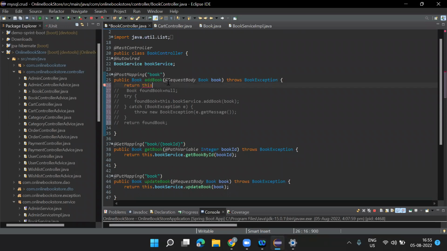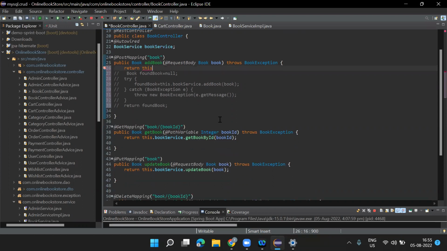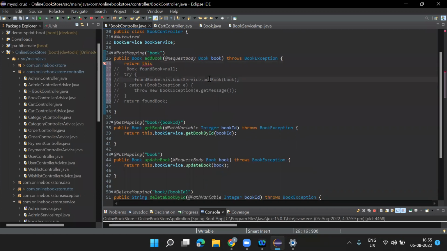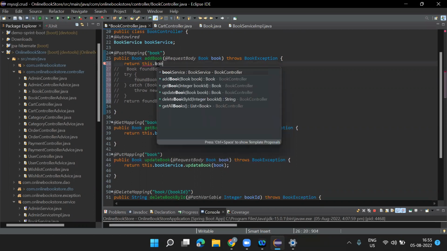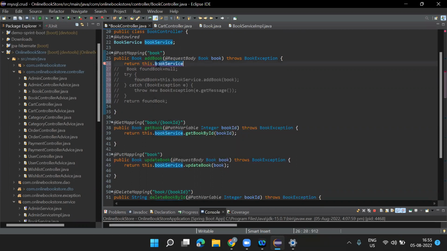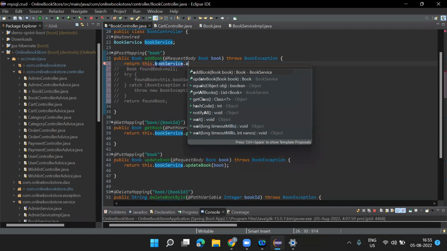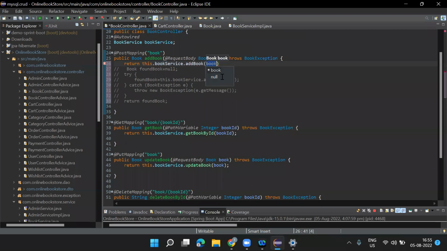Sir, I use this to make our team member understand that we can use this also, and we can use throw. या व्हाट एल्स, you can see, कैन यू शो इट? Yes, sir. बढ़िया वेरी गुड. Sir, you can see in another method I've used that, add book. Good. So we can do the service exception like this also. ऑब्जेक्ट इधर आएगा, इधर से वो कंट्रोलर एडवाइस पे चला जाएगा, ठीक है.